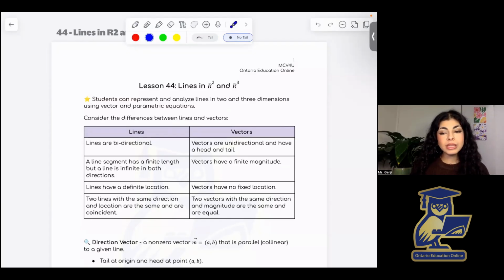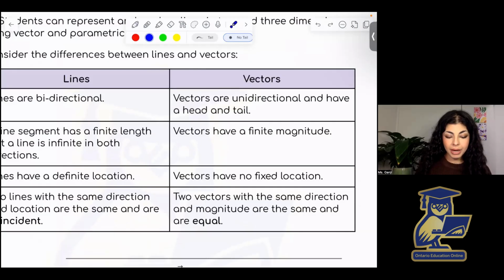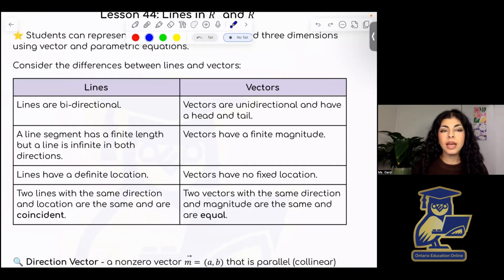I will say also this unit has a lot of new information as well. Every lesson is going to be pretty heavy with the amount of content covered, but it is a relatively easier concept to pick up on, especially after you've had a lot of practice with vectors. So let's get started. First we are comparing lines and vectors, which is pretty much what we